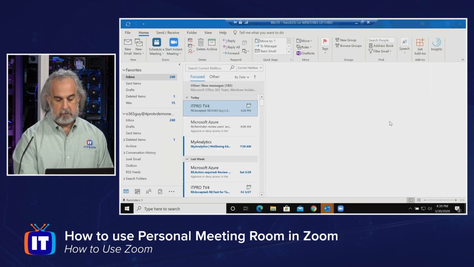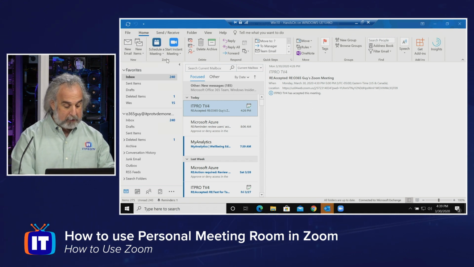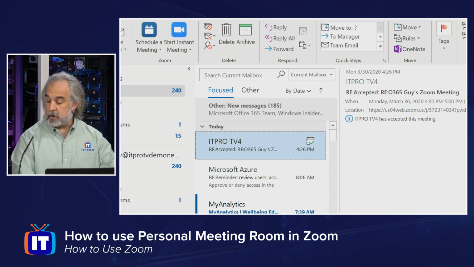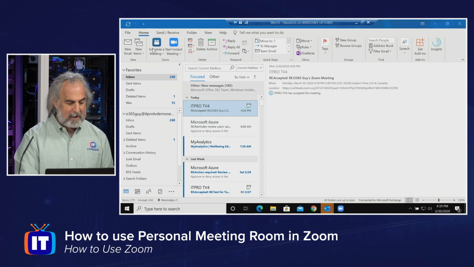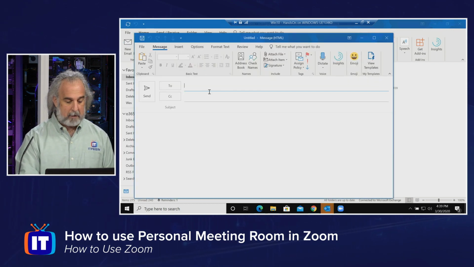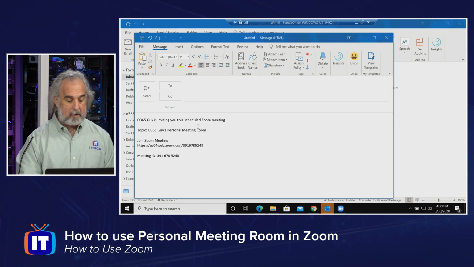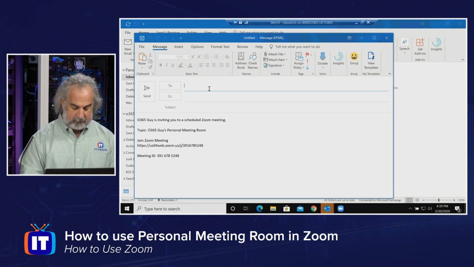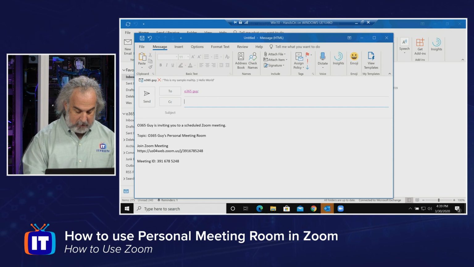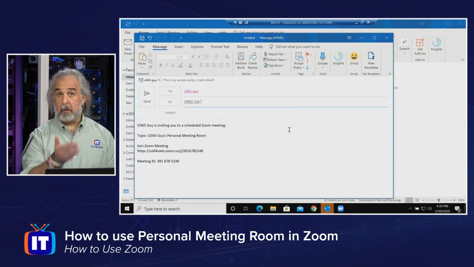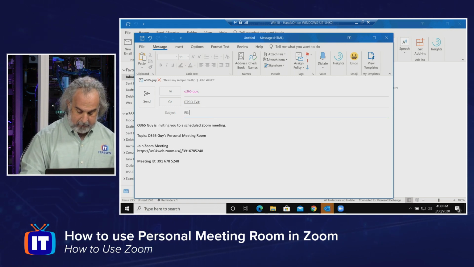Outlook. And let's say that if I didn't have the Zoom plugin that is available for me to schedule meetings, if it wasn't available and I hadn't integrated it, but I wanted to email this invitation to somebody. I'm just going to paste the invitation right there so you could see it in the email. And I wanted to send this off to somebody, maybe myself. And maybe I want to send it to ITProTV4, one of the other users that's available to me in my tenant here, and say,